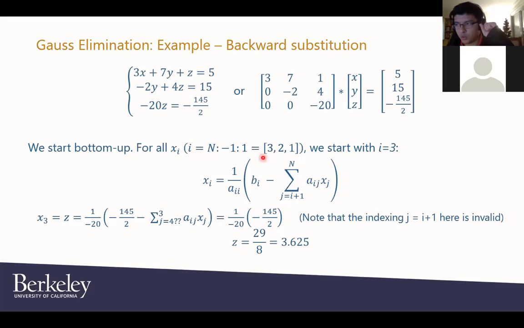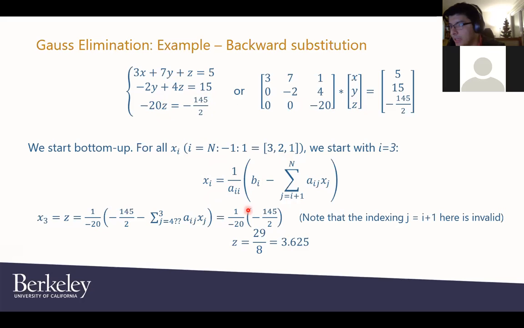We will start with the first one, i equals 3. So xi, the third variable in this case, or z, equals 1 over aii. aii is the coefficient of that variable, so in this case it is the -20, times bi, the constant of that equation,